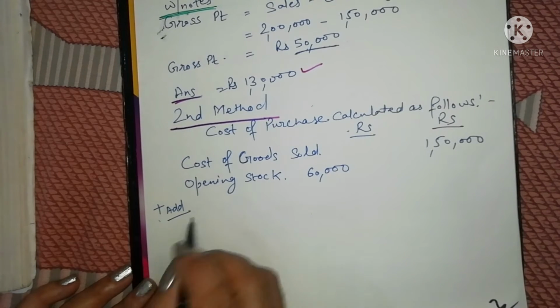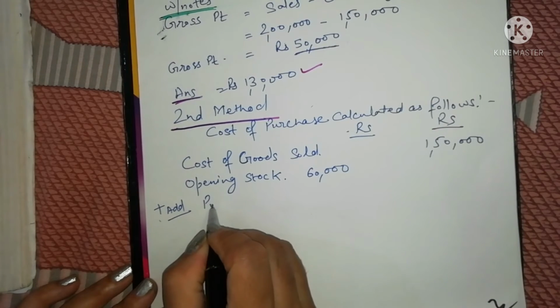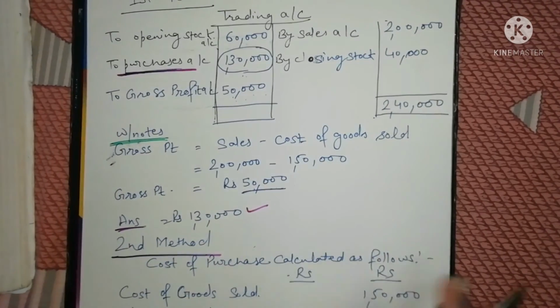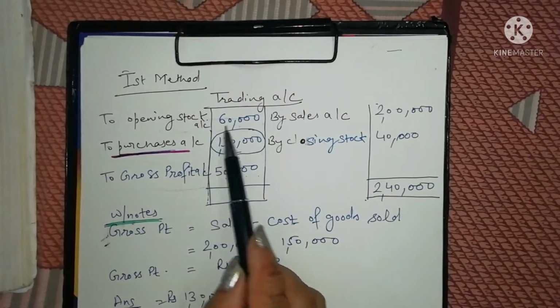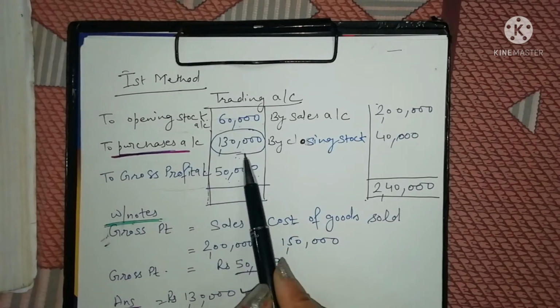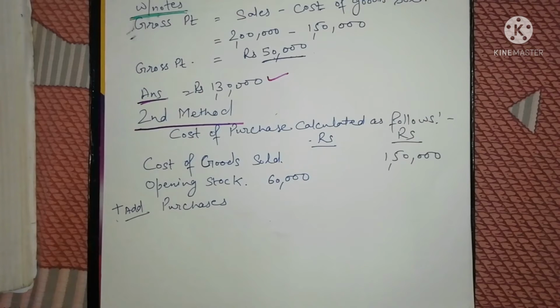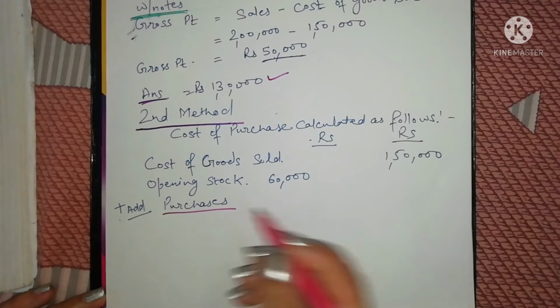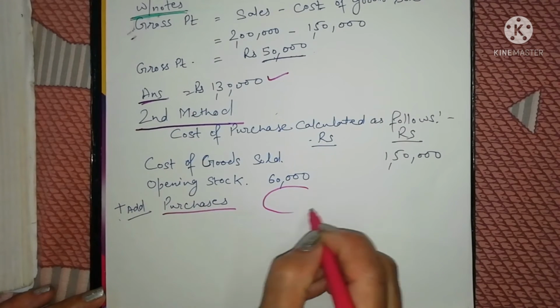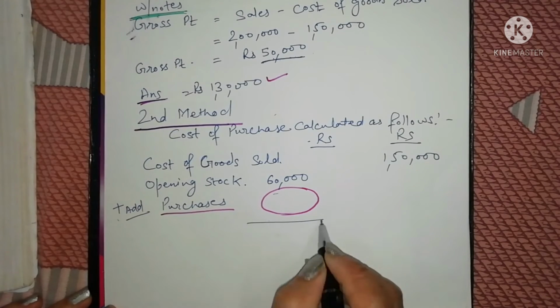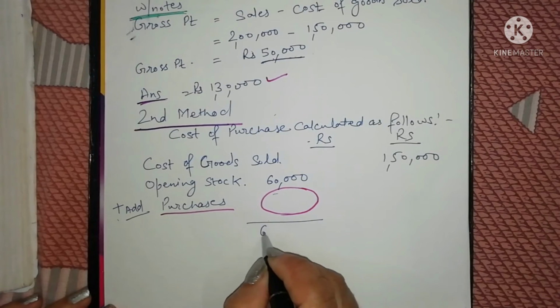In the same way, we would also add the purchases figure, but in this question the purchases figure is not given, and we have to find it out. Here I am showing that opening stock and purchases both come on the debit side of the trading account, that is why both figures are added up. Now we total these figures, that is 60,000,